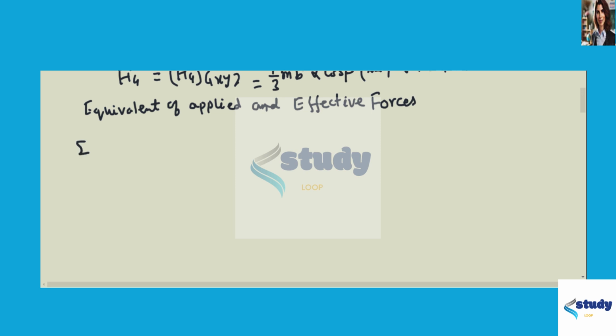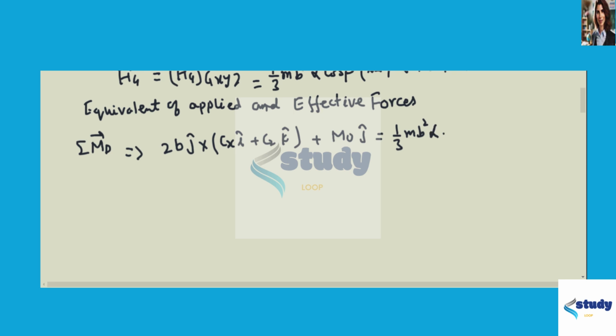Summation of moment of force about D point will be 2b j cross Cx i cap plus Cz k cap plus M naught j cap is equal to 1 by 3 mb square